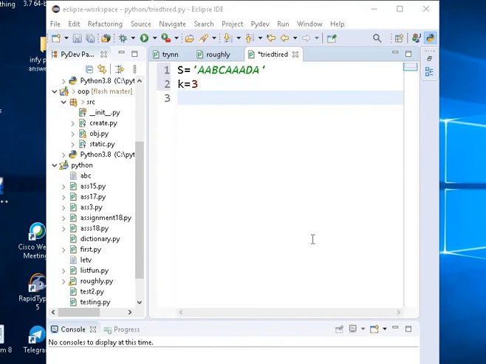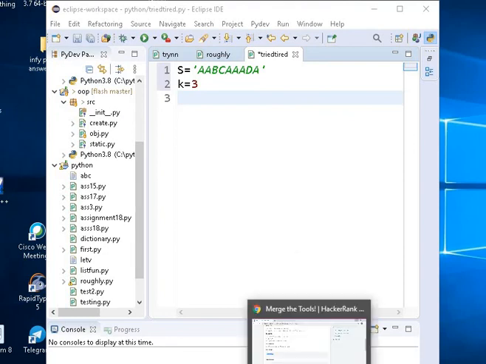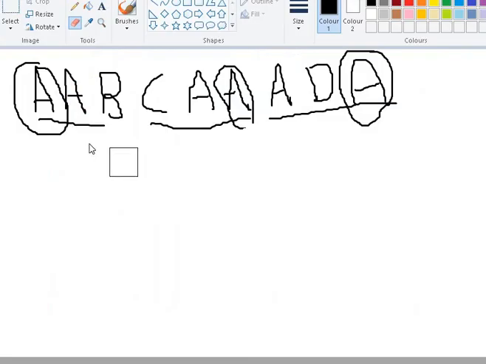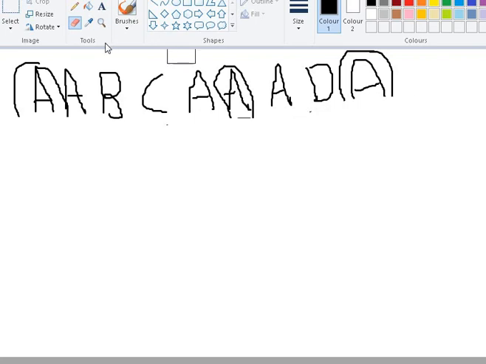Guys, firstly let's solve this question module wise. As I have told you, dividing the string into parts of 3, that is AAB, next CAA and ADA. Okay, now we have to divide in this way.